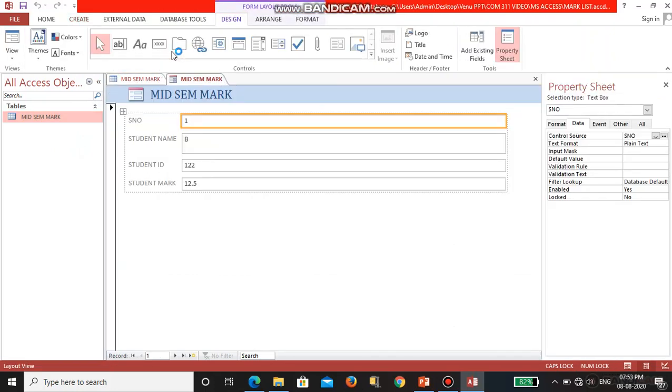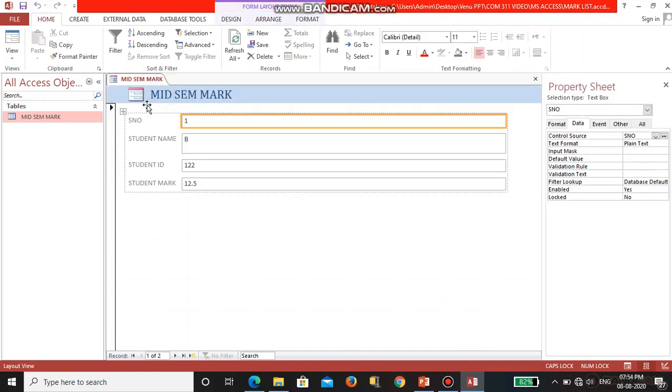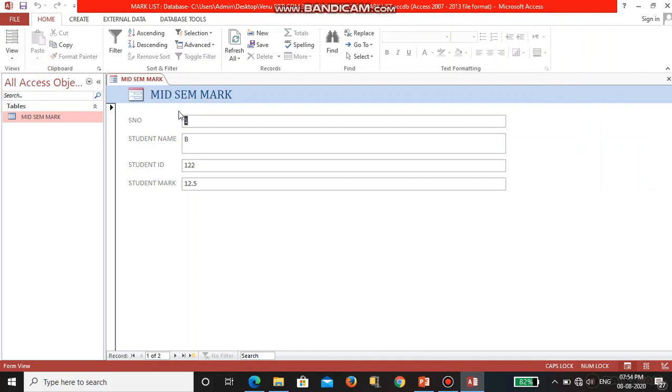Now it became a form, so now we can enter the data. After creating the form, you close the table. After that you go to Form View, and now you can enter the data.